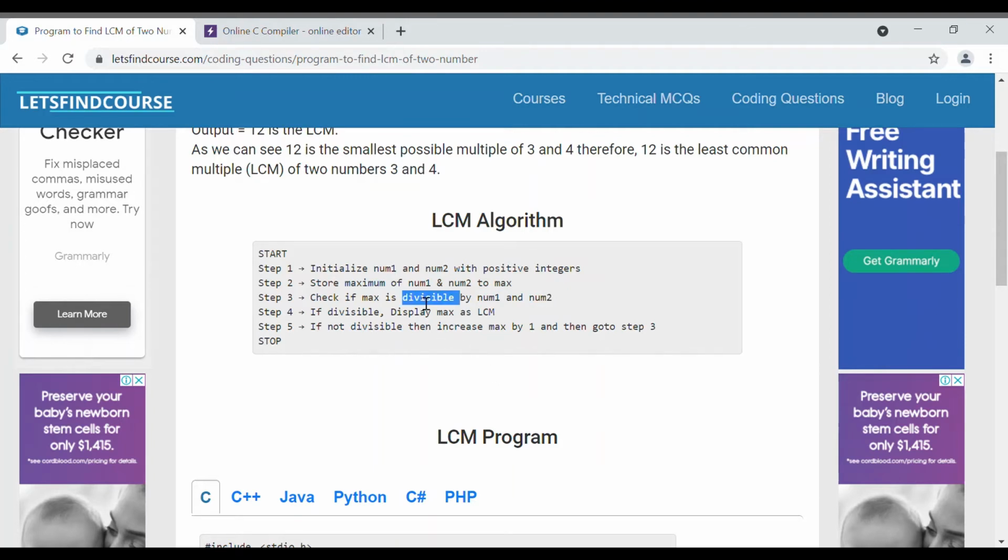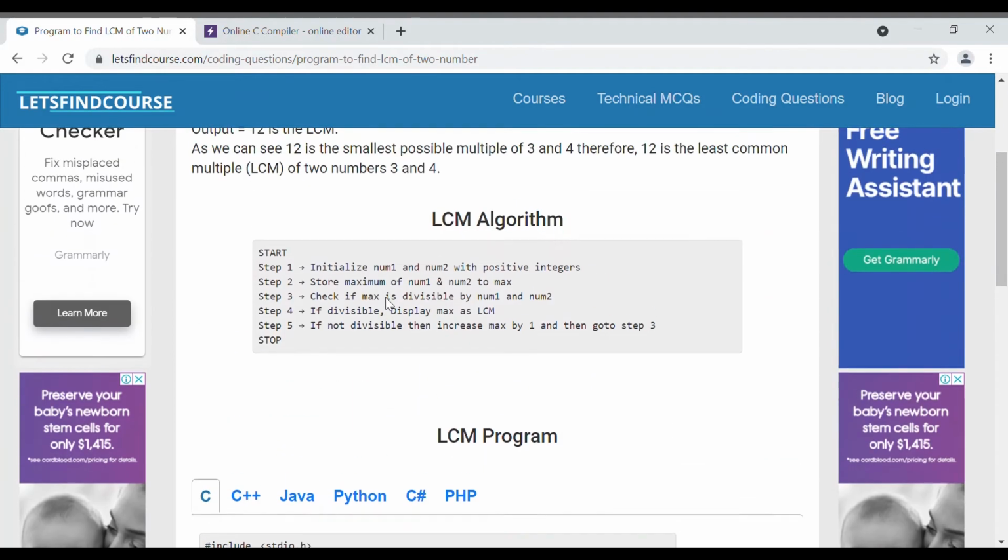If we get remainder 0 when dividing max by num1 and num2, then yes, it is perfectly divisible, so it is an LCM. If not, then we will increase the value of max by 1 and recheck whether divisible or not. So basically it is looping here. If the number is exactly divisible by both the numbers, then we will break that loop, exit and print the LCM, right?